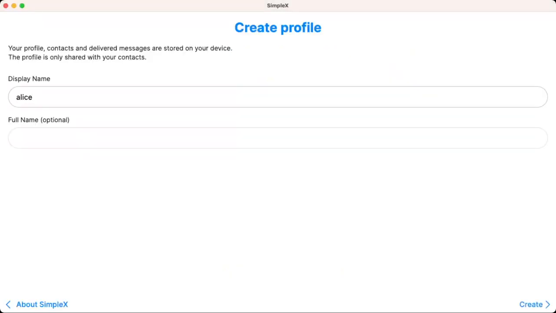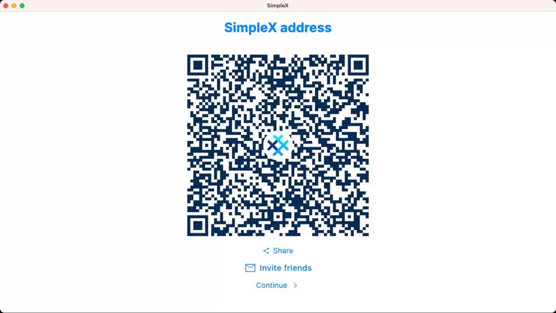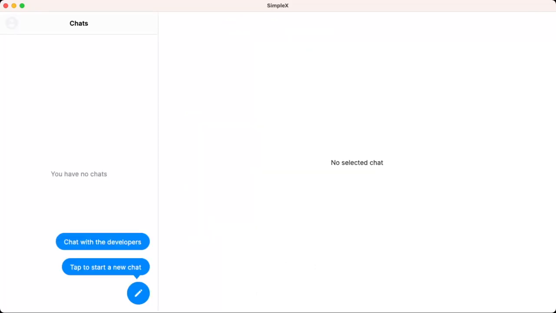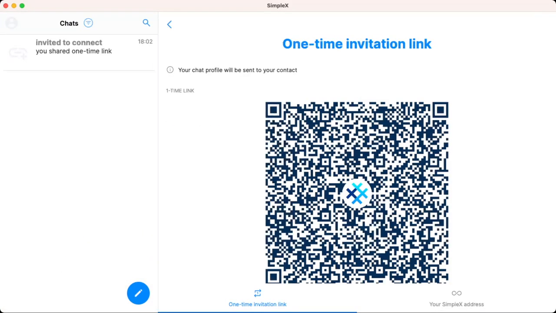So let's say you create a profile. You can optionally create an address in the same way as it happens on the Android app. And that's it. So you can connect to developers as you can do in a normal app. So it's not that different from how it works in the... it's not working. So it's a live demo, by the way. So expect glitches and some malfunctions, and clearly that's not yet released.